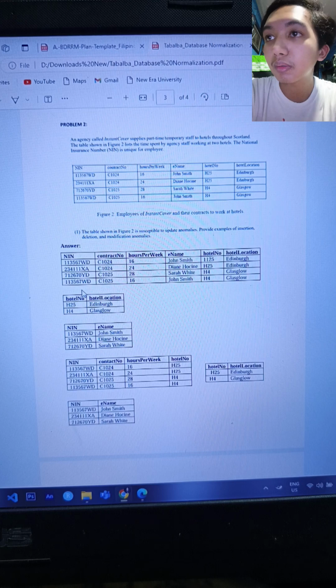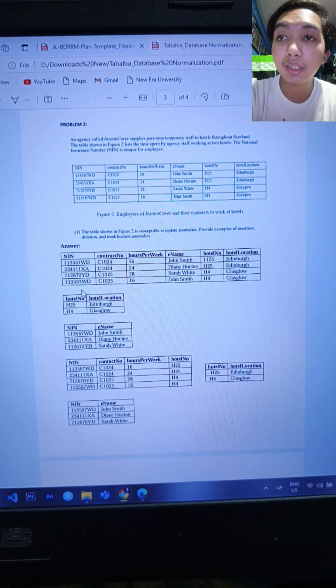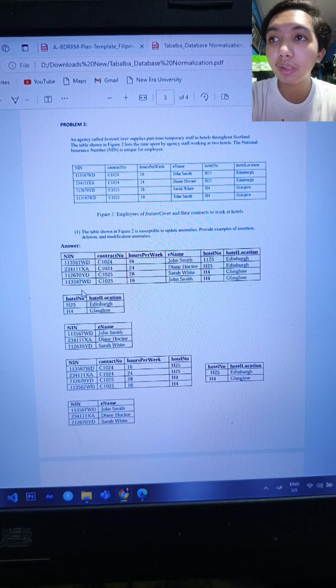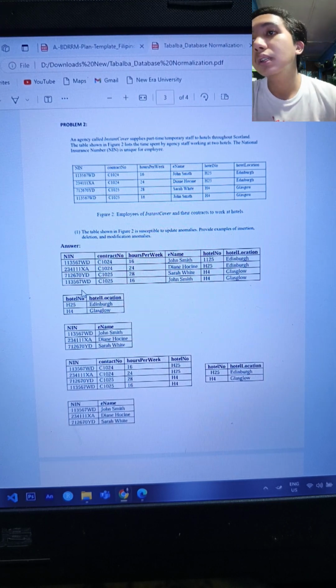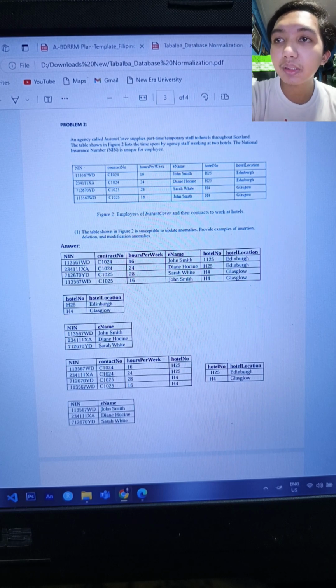Same as problem number one, load the data, read the table data into the pandas data frame. If a new hotel is added, its location cannot be recorded without creating a new entry in the hotel number table. If a hotel is deleted, all employee contracts associated with the hotel are also lost.